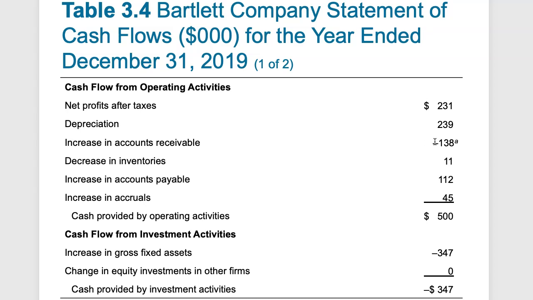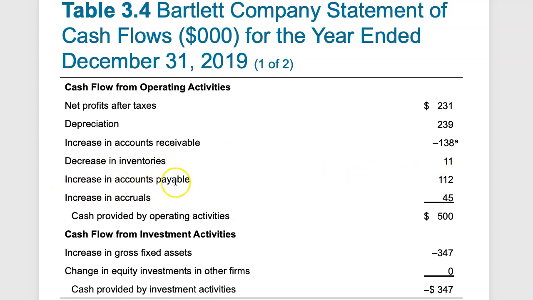So anytime you're using cash to buy an asset or increase an asset, cash flow decreases. And whenever you decrease an asset, so if we decrease accounts receivable, that would be being paid back and cash flow would increase. So it's very simple. Just remember, any assets that are increased decrease cash flow. Any assets that are decreased increase cash flow.